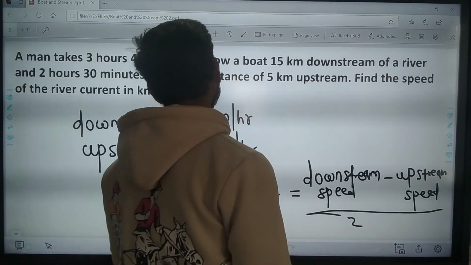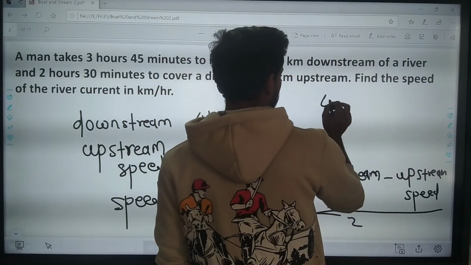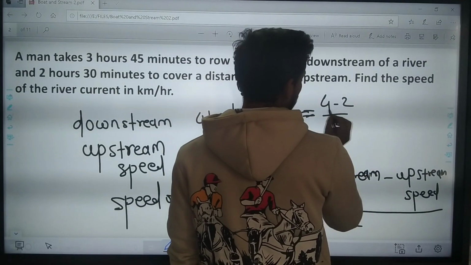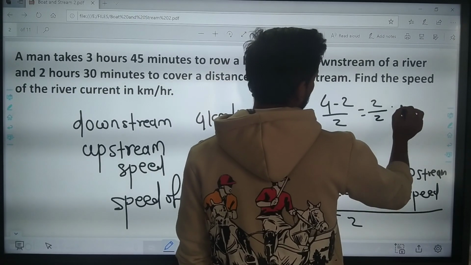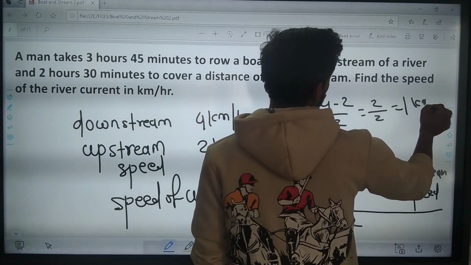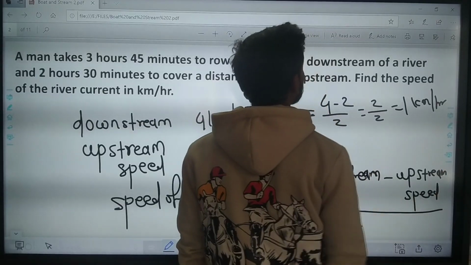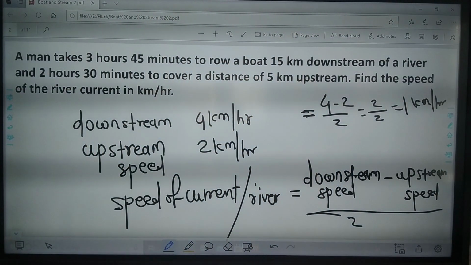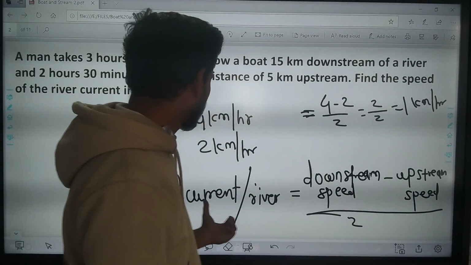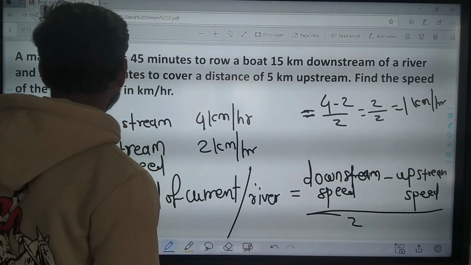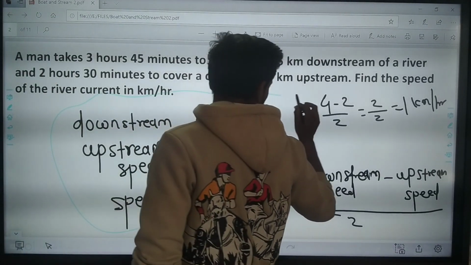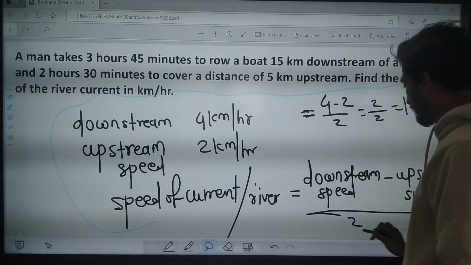Now your downstream speed is 4, upstream speed is 2. 4 minus 2 is 2, 2 divided by 2 is 1. The speed of the current is 1 kilometer per hour. Now next,